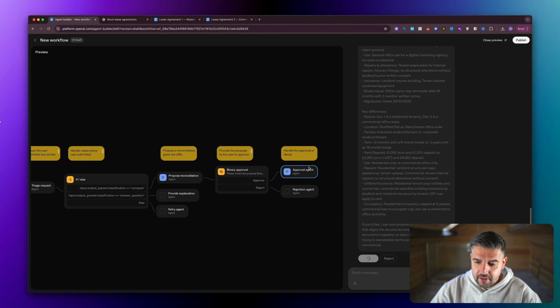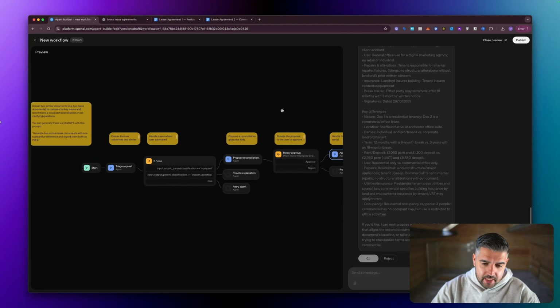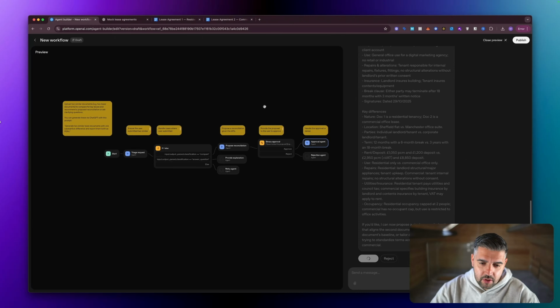So this is now the approval agent. And I think you can see pretty clearly how this works. Now, when it comes down to the approach to building these, you can see real business use cases here. You can see how this would be deployable as a flow, which is always key whenever you look at any tool. I'm big on not looking at every shiny new tool.